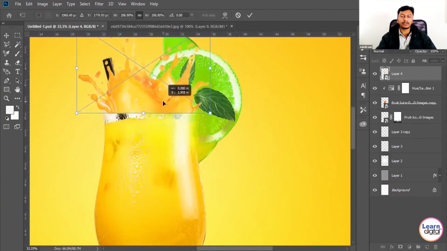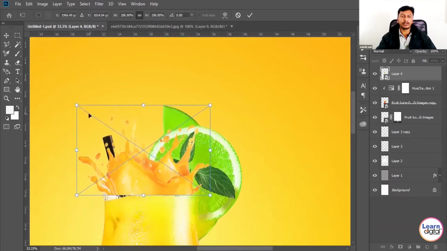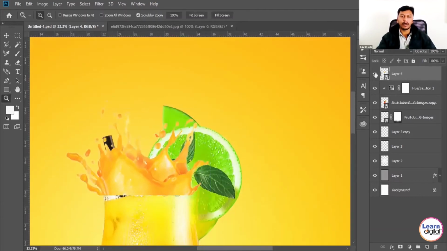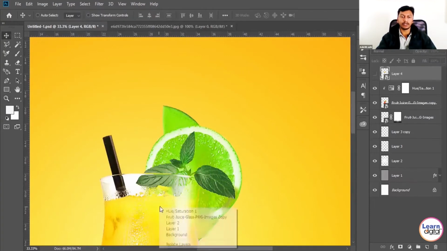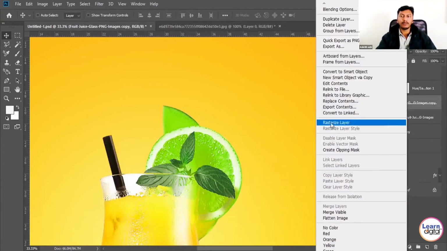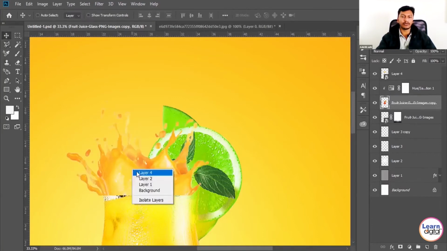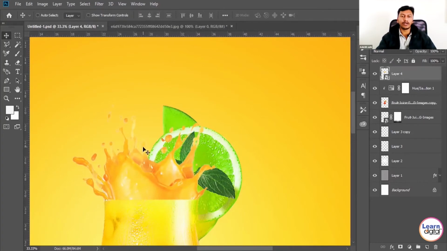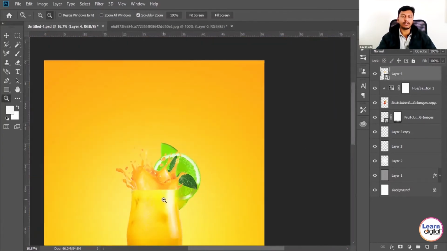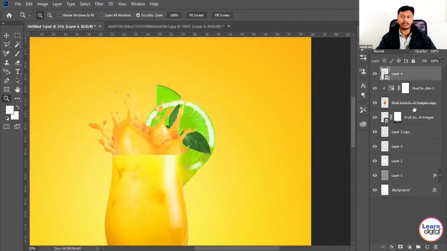Always concentrate on placing, transformations, in which part you are placing, and in which layer position you are placing. Now again, with the help of some color correction tools, I'm doing some changes, because the top glass area I need in orange color, as it is an orange sheet. The straw area I removed with the help of the lasso tool, or any selection tool you can use to remove the unwanted things. And you can also use the eraser. Now you can see a splash above the glass.